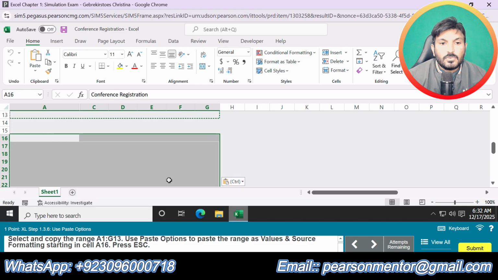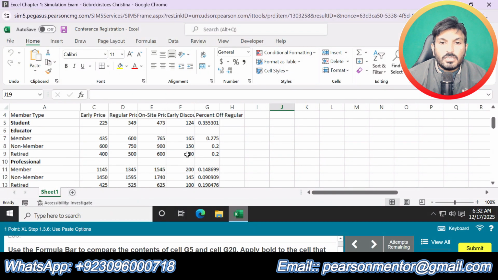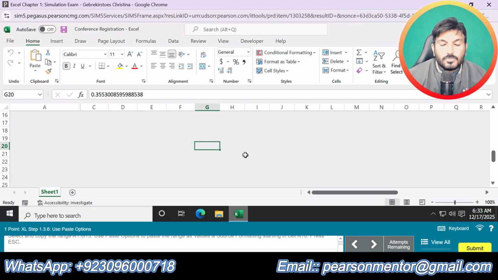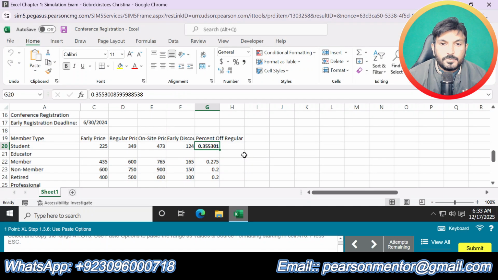This one, and press escape button. Use the formula bar to compare the content of G5. Click cell G5 first, then click cell G20 and bold this one. That is all about question number 13.